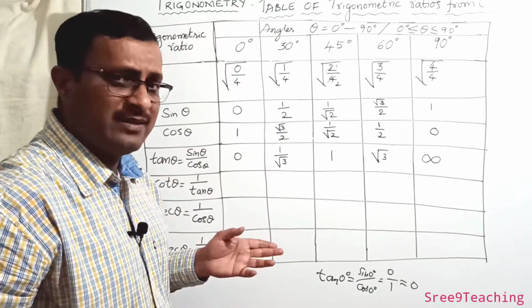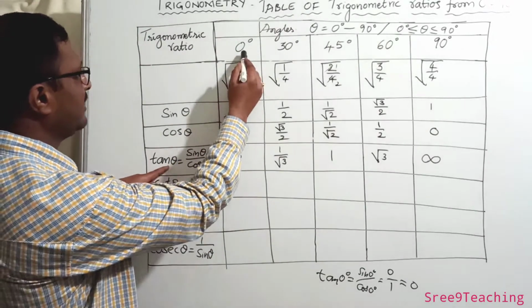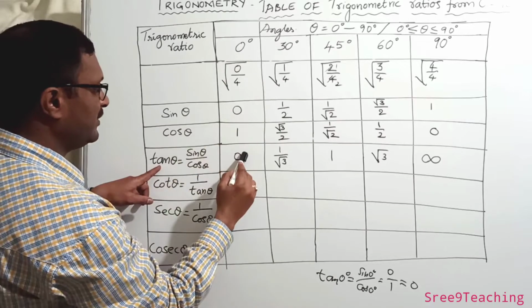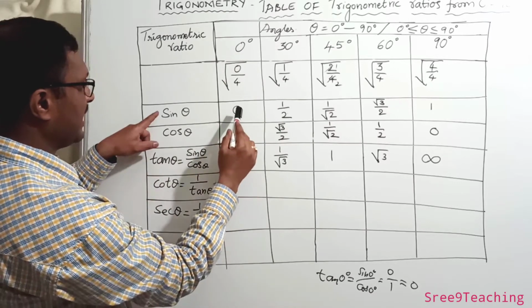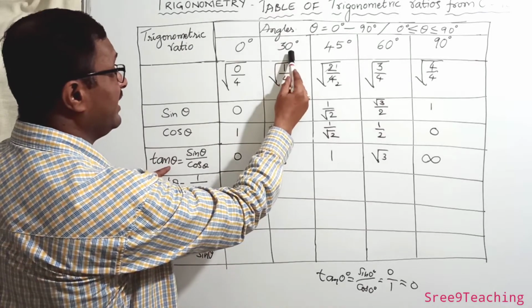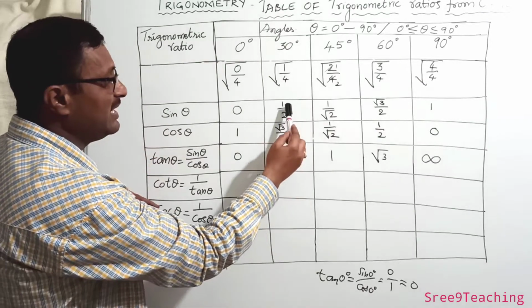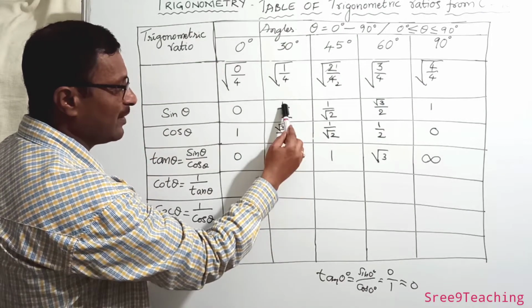So like this, here tan 0 degrees, instead of theta you have to take 0. So tan 0 means you got 0. How did you get it? Sin 0 by cos 0, that is tan 0 degrees. And if you want tan 30 degrees, sin 30 degrees divided by cos 30 degrees, so the 2s get cancelled, 1 by root 3.